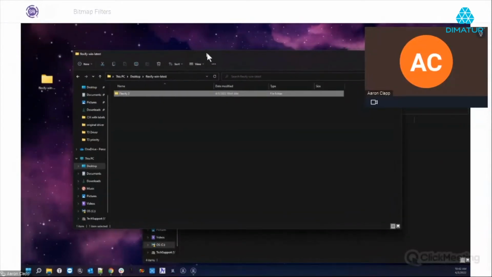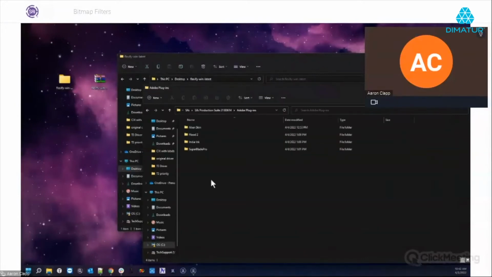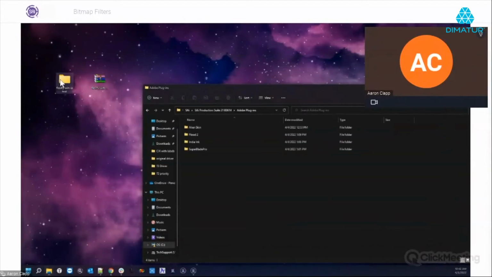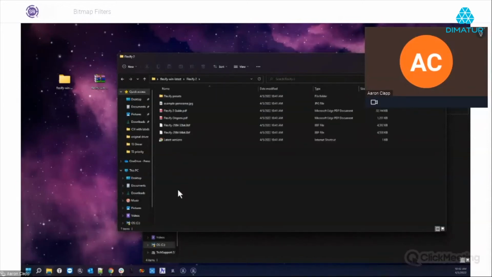This is the folder that got unzipped. If I dump this in here, it's two folders deep, because when I double click on this, this is the folder that shows up. The software is going to look one folder deep. So it's going to look at the main folder, and then inside of that folder, it's going to look for the